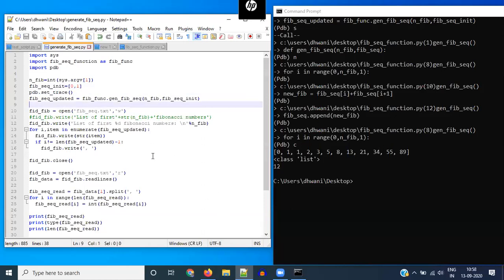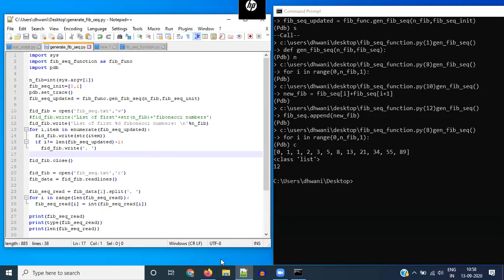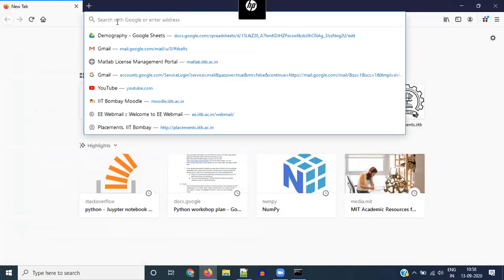All right, so if there are any questions up to this point, please feel free to ask. This is mostly what we wanted to cover on this side of writing Python scripts, doing different things with it, and how to run, how to debug, etc. If there are any questions, you can go ahead and ask. Otherwise, we'll just look at Google Colab.